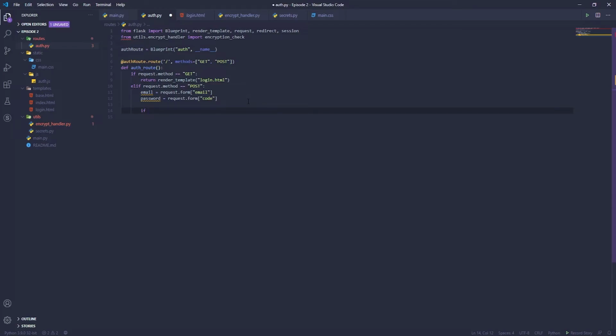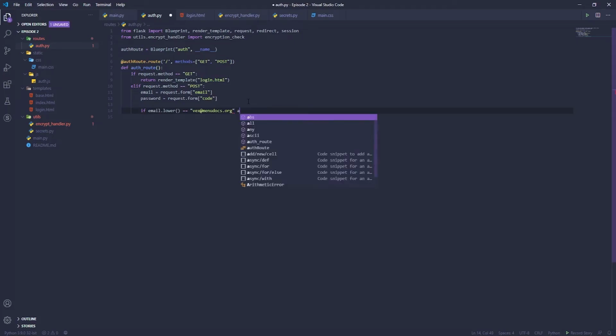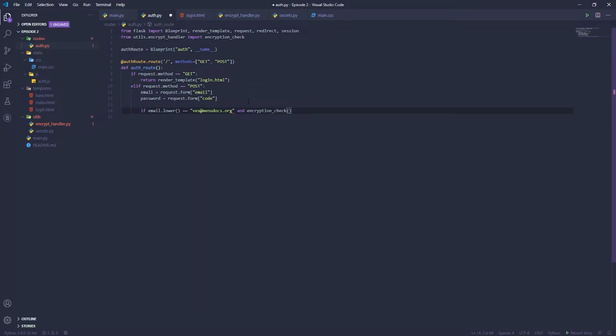And we can go if email.lower is equal to, I'm just going to create an email. This is not a real email, so I wouldn't even bother trying to send it an email. And we're going to use the and syntax. So if that's true, and encryption check password, if that is true,